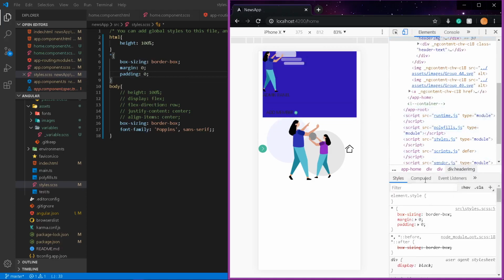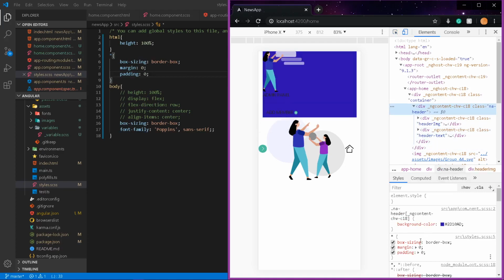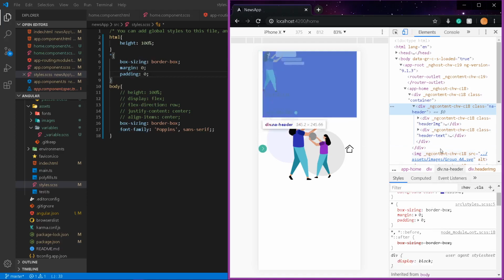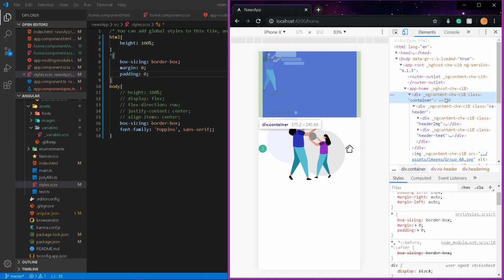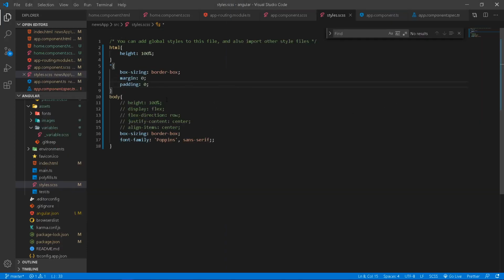I'm going to delete it. Yeah. So this is a division, and this is the main division. It is giving some margin. I hope it is giving by this division. It's kind of container. So I'm going to make the container default by saying container,